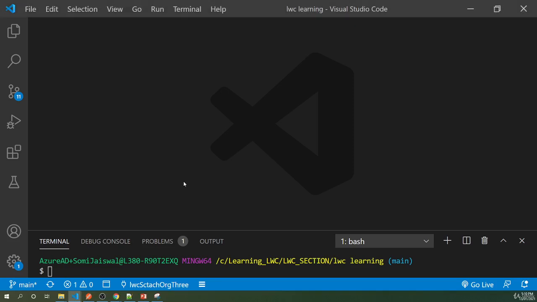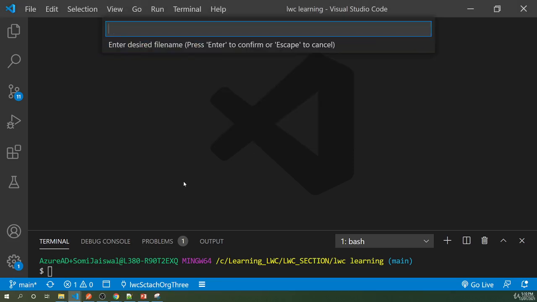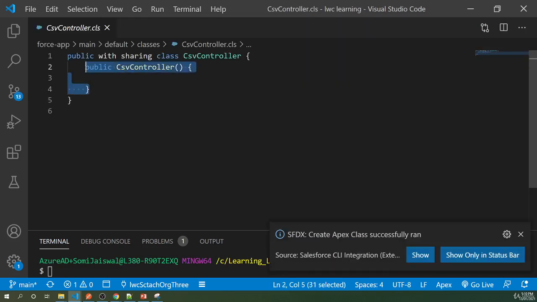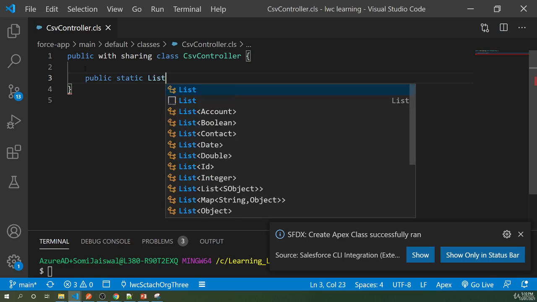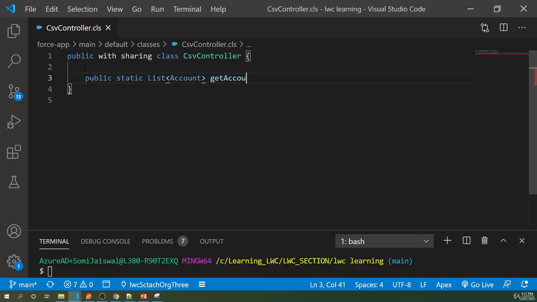So first we'll go and create an Apex controller. I'll say CSV controller as my class name. Inside this we're gonna write the basic methods. So we'll say public static, I'll just return the list of accounts, getAccounts,